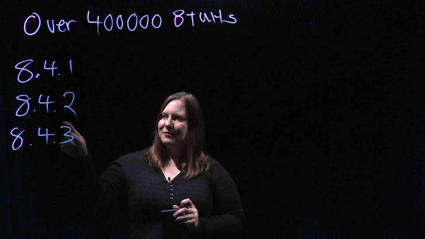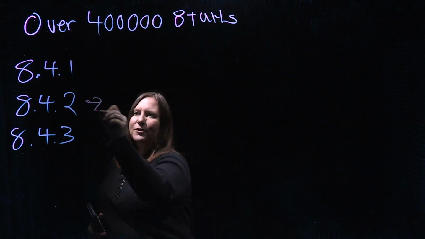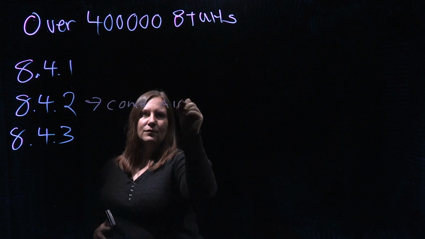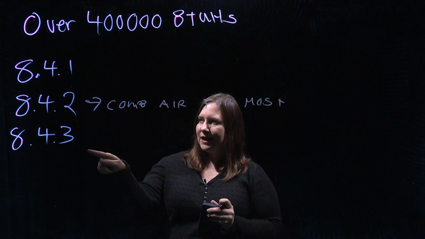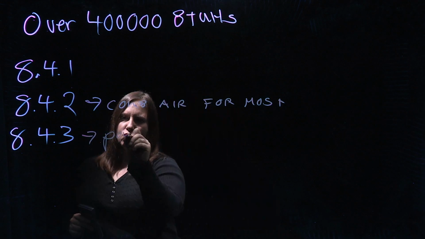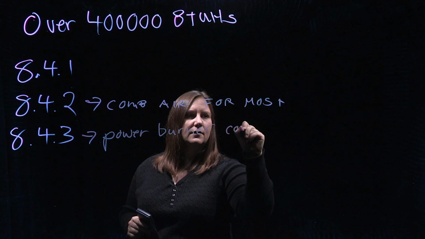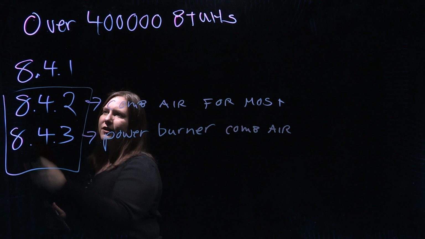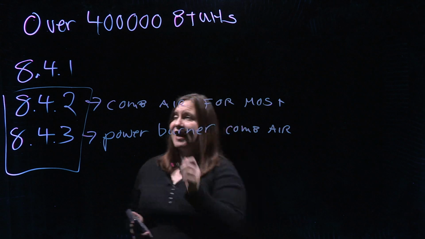Okay, so right now I'm concerned about basically all of my appliances are going to get the combustion air requirements from 8.4.2. Okay, that's most of my appliances. Now the exception to that rule is going to be with 8.4.3, and that's when you have a power burner. So my combustion air requirements are coming from 8.4.2 and 8.4.3, usually 8.4.2, if it has a power burner from 8.4.3, and then my ventilation air requirements